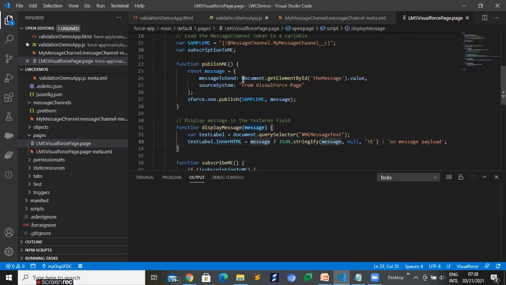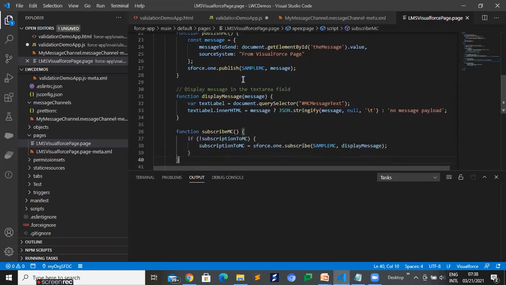So whatever message we are getting, we check if it is blank, then we just show that. Otherwise, if we are getting that particular message in JSON format, we use JSON.stringify, right? So that we can simply display that JSON message in the form of a string, right?